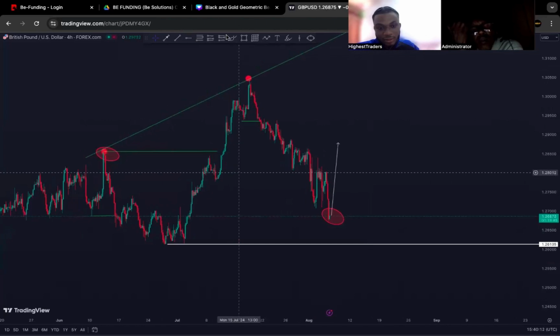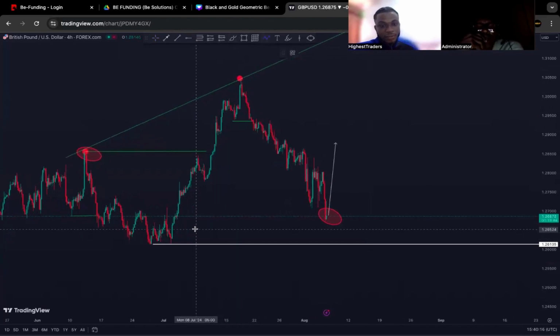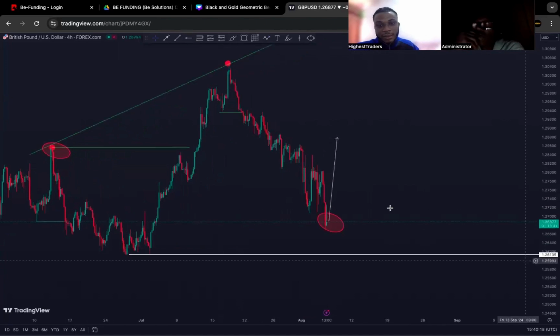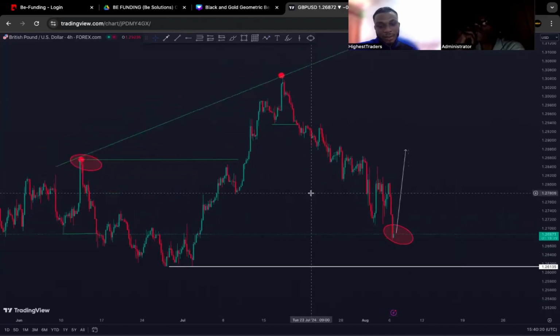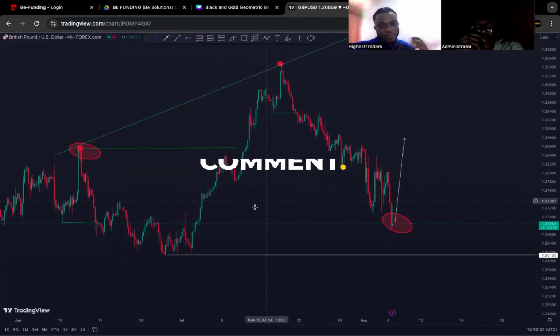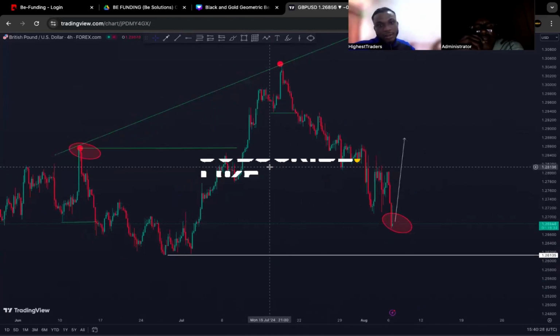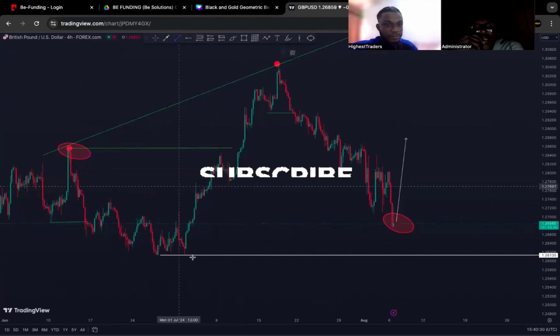So based on that knowledge, if I am to look at this particular impulse, I need to look for a clear demand, because we are breaking up, right? I need to look for a clear demand that is good enough to hold price back to interact with our swing high. Now, if you're only trading Falcon, right,